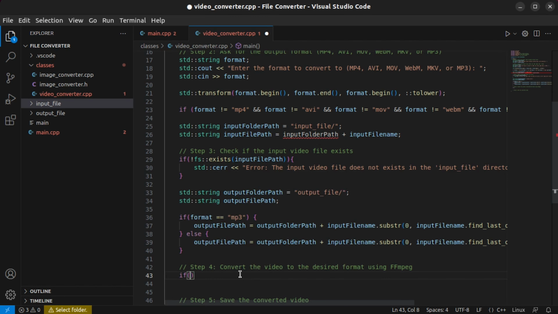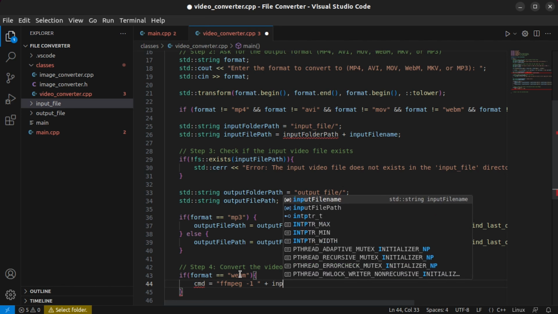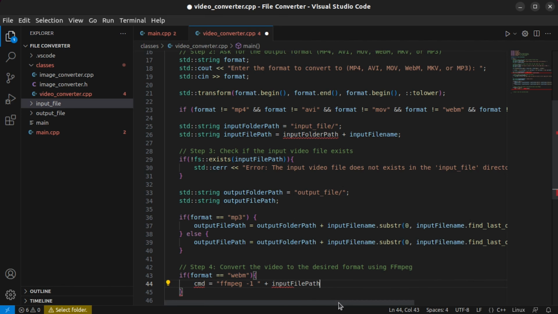So if format equals webm, the way we use the FFmpeg is through cmd equals, so it will run the command FFmpeg -i plus input file path plus -c:v libvpx-vp9